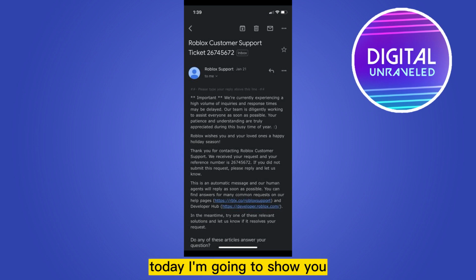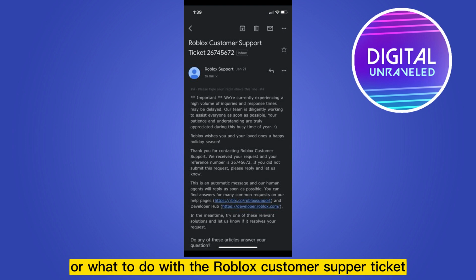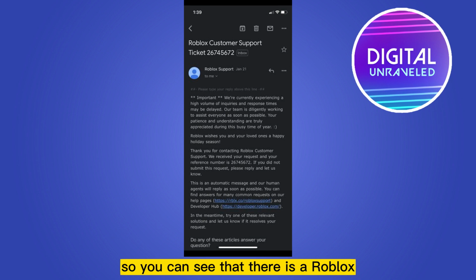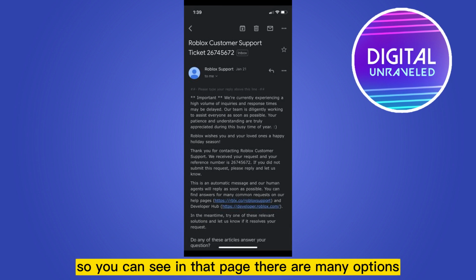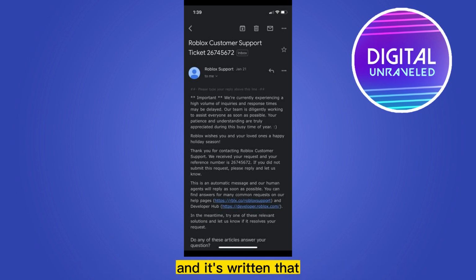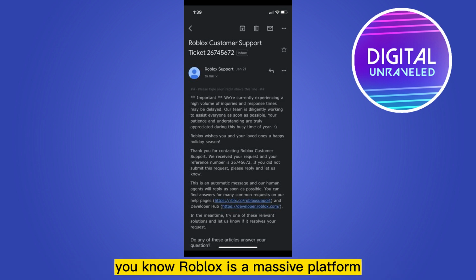Today I'm going to show you how to use a Roblox customer support ticket, or what to do with it. So you can see that there is a Roblox customer support ticket with a particular number. In that page there are many options, and it's written that we're currently experiencing a high volume of inquiries. You know, Roblox is a massive platform and it receives thousands or maybe millions of reports a day,